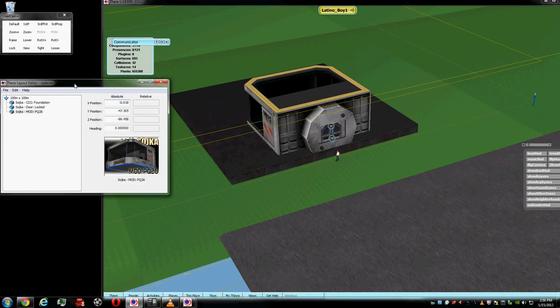many people don't know, is I'm gonna go by... I'm not gonna mess with the foundation. I'm gonna leave that alone. But I'm gonna go with the locked door and the PQ26. Now I'm gonna go by the door here. So what I'm gonna do is if I grab and drag this PQ26 under the locked door, now what it does here, it combines both, so that when you actually,